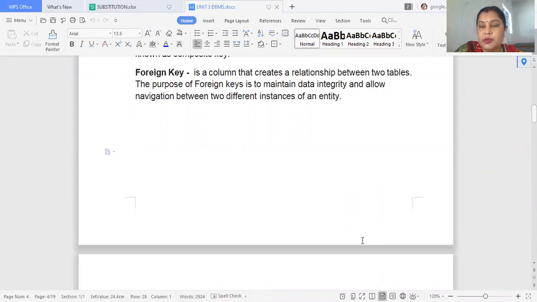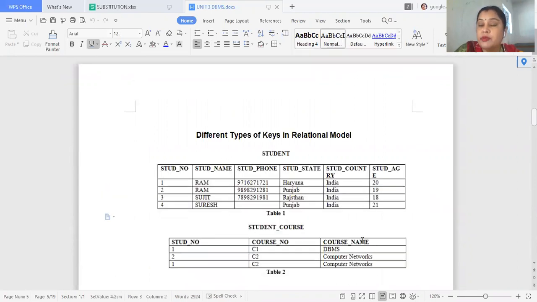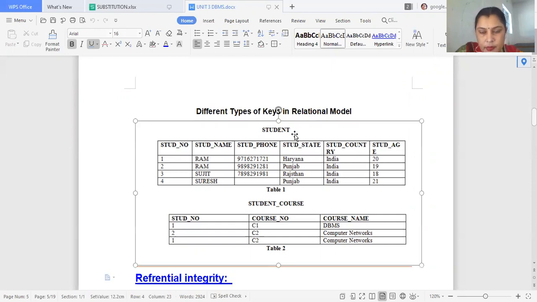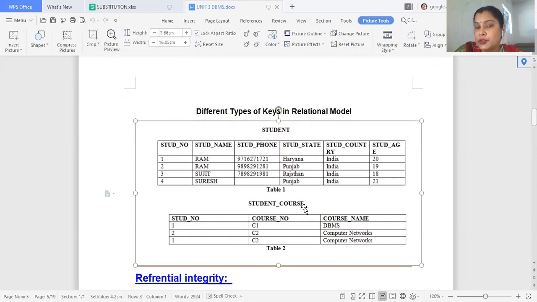Data integrity means the referential integrity, meaning a system of rules. So let's consider two tables. First one is the student table, and second one is the student course. In the student table, student number is a primary key.